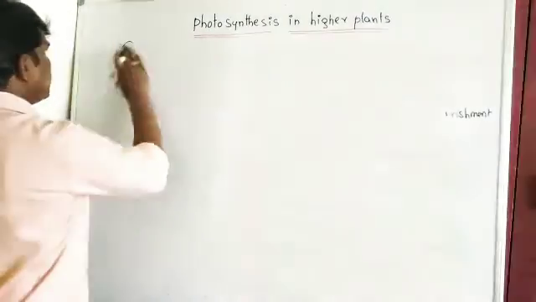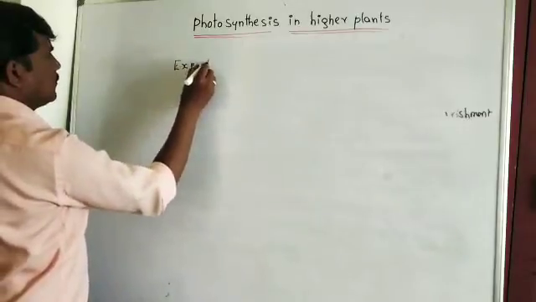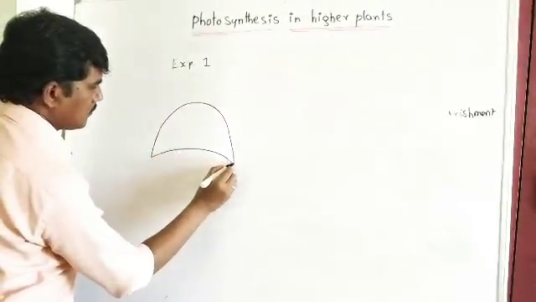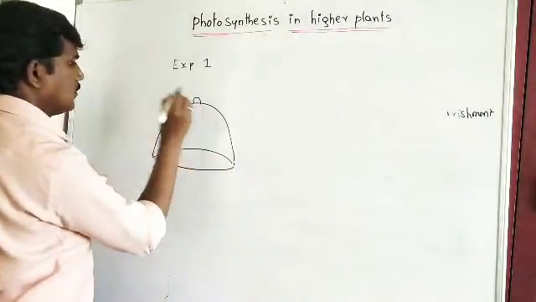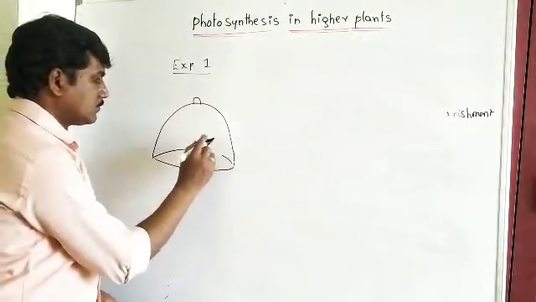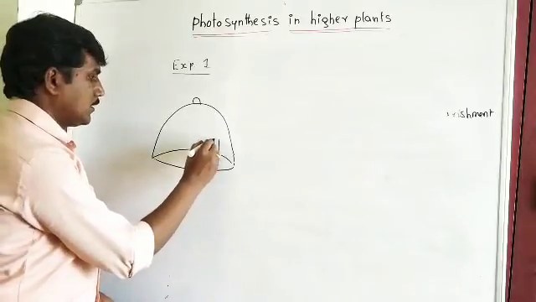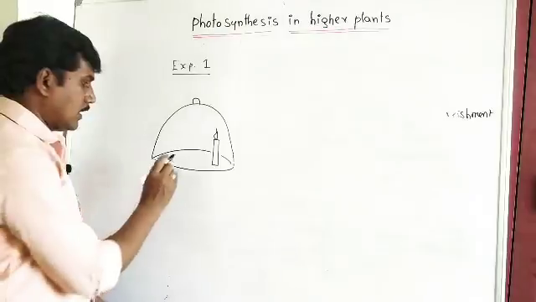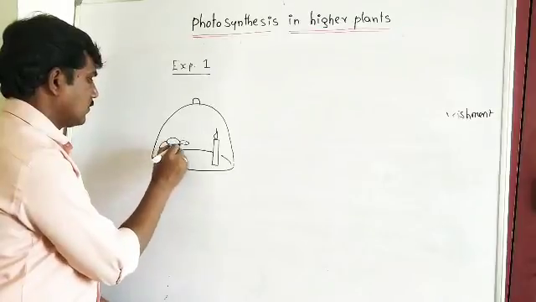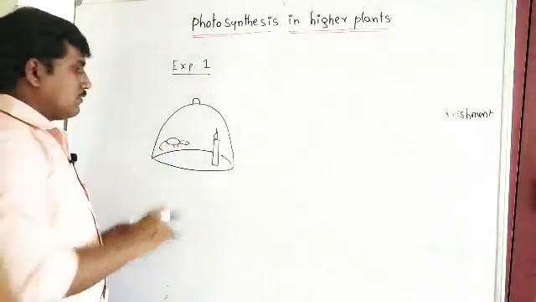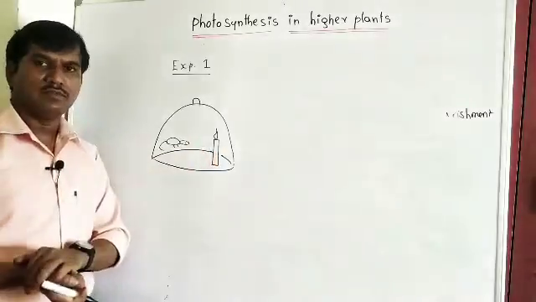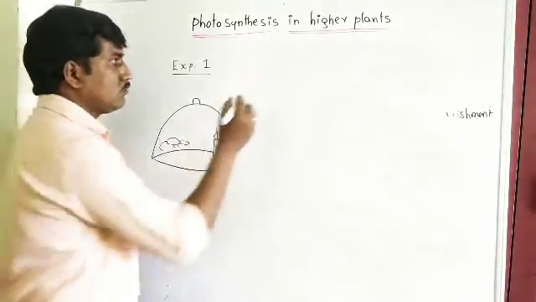Now see here. In the first experiment, experiment 1, he took one bell jar. Under the bell jar, he placed a burning candle as well as mice. When he placed the burning candle and mice under the bell jar, after a few minutes the burning candle was put off and the mice died. In the experiment 2, in the second experiment,